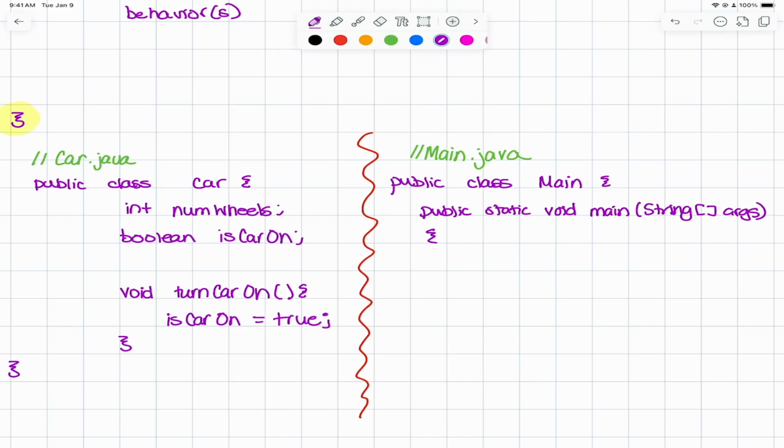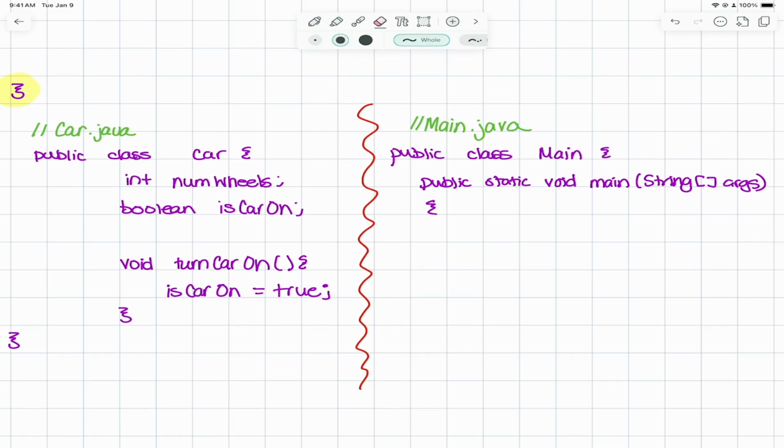How is it that we can now make the car objects so that each object that we make is its own individual entity? So let's go ahead and do this right now. We would do this by saying, just like we would with a new string variable or a new int, capital C